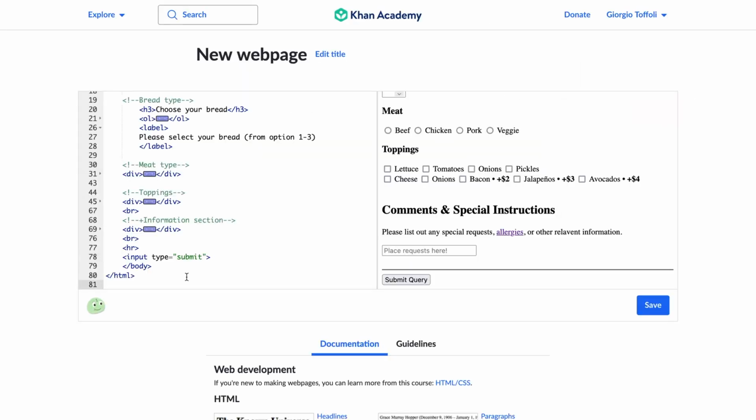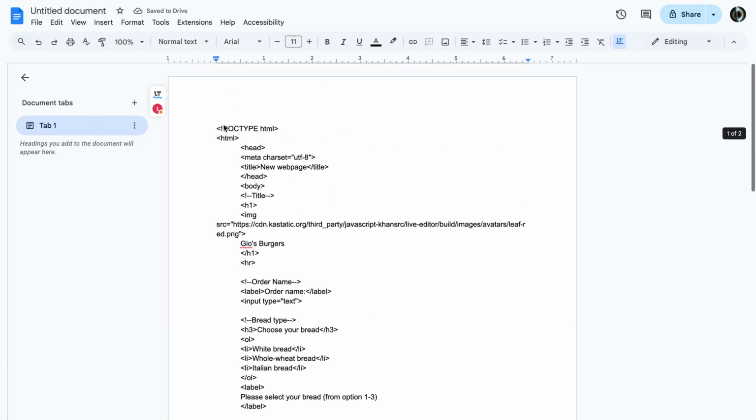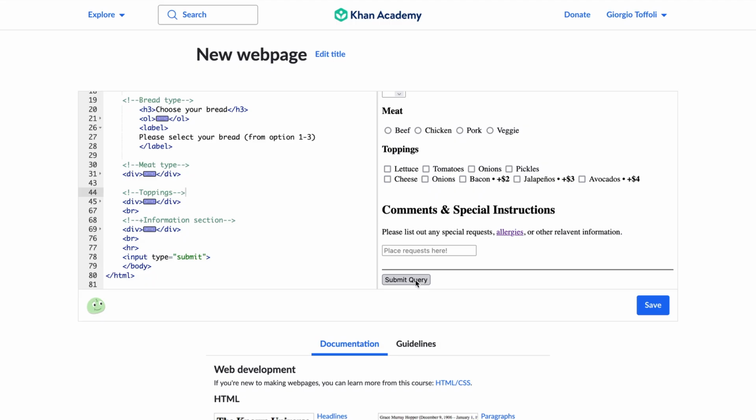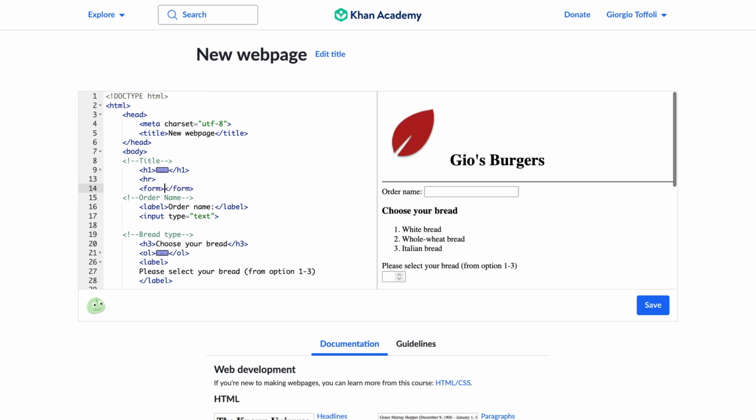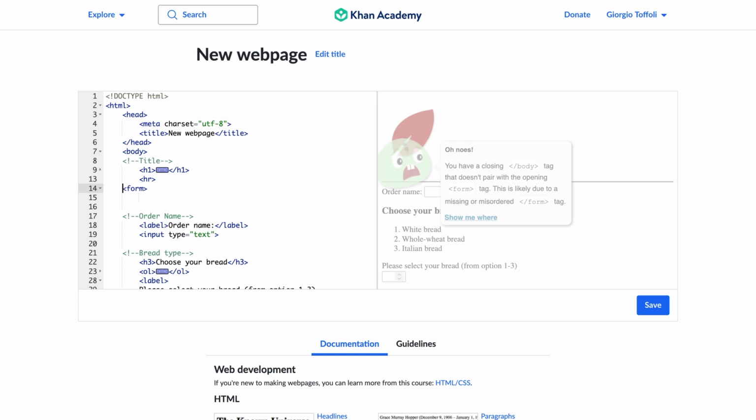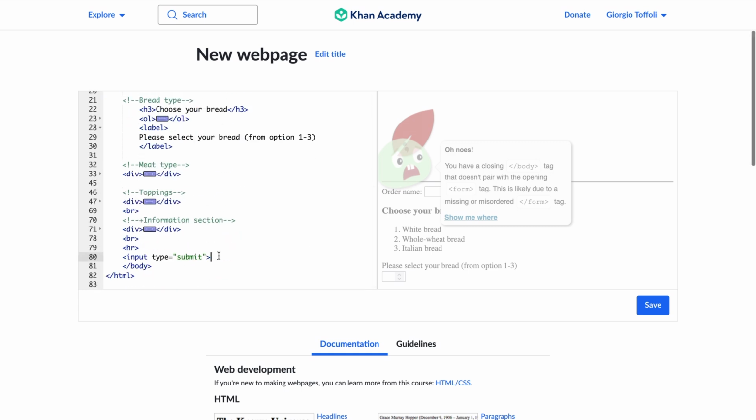So to do that, press Command or Control A, and then Command or Control C, and paste it in a blank document. As you can see, when we press submit in Khan Academy, nothing will happen yet. This is because we haven't actually done a form. To make a complete form, we have to wrap everything with the form tag. So if we put an open form tag at the start and then one right after submit,